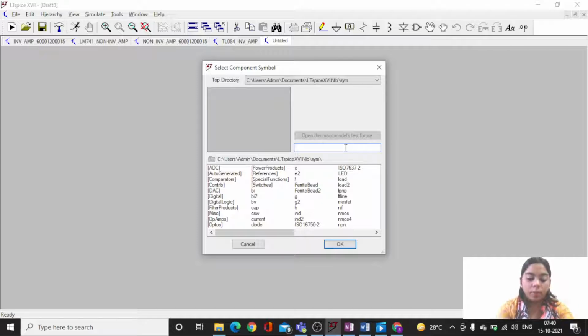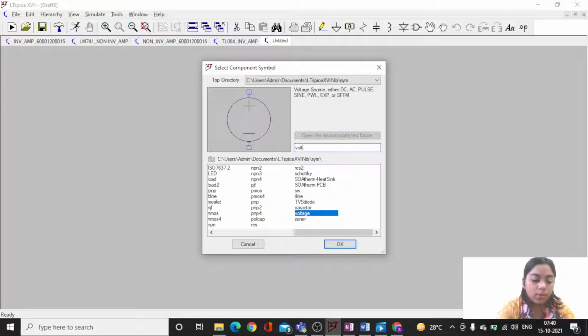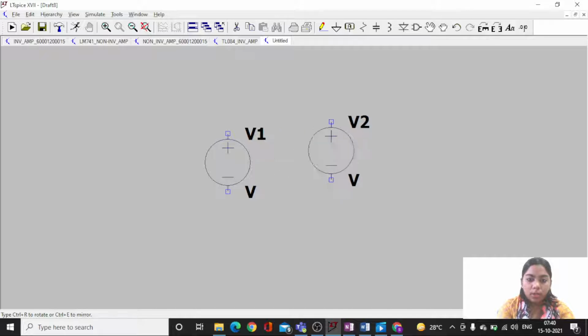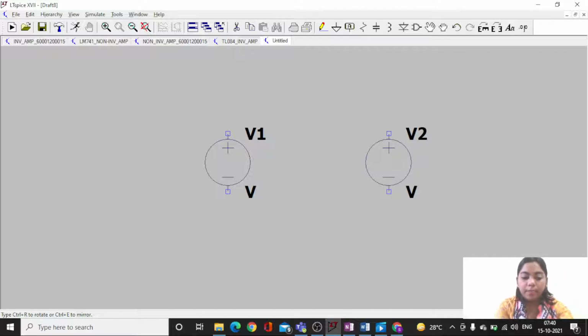For example, if I want a voltage source, I'll type voltage and click OK. Either I press enter or I tap it once, and that component gets placed on the draft.